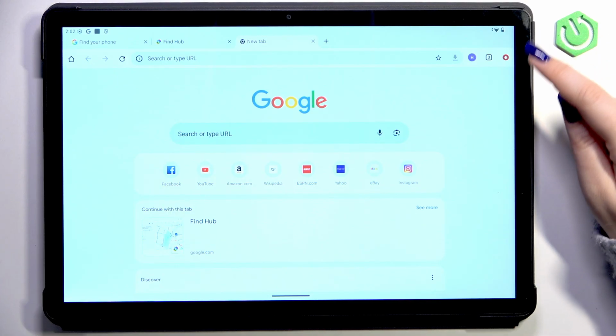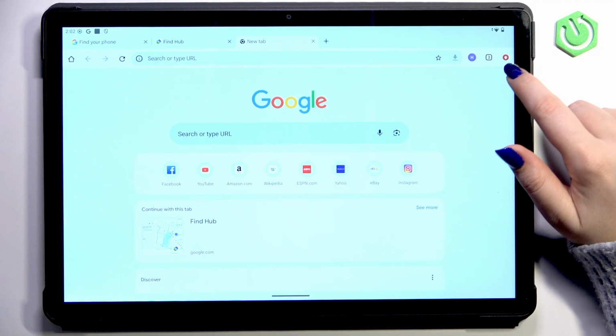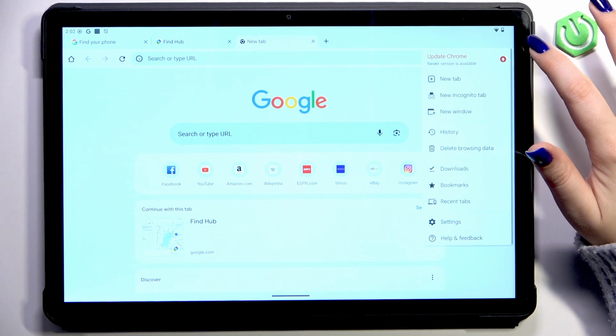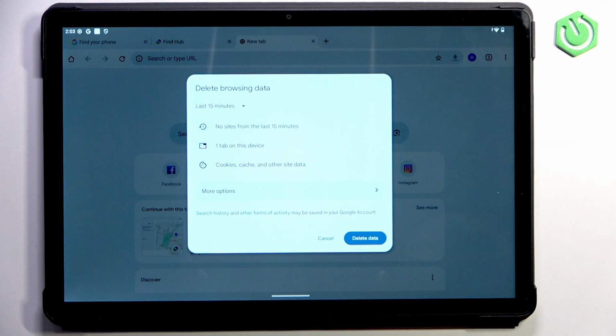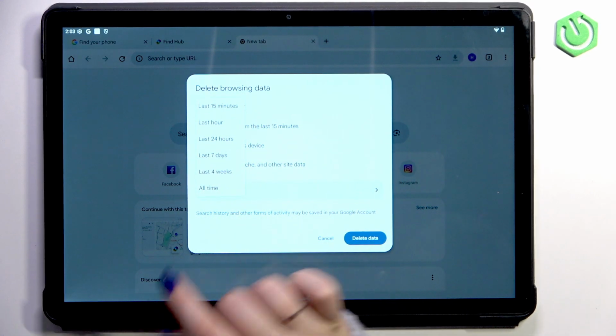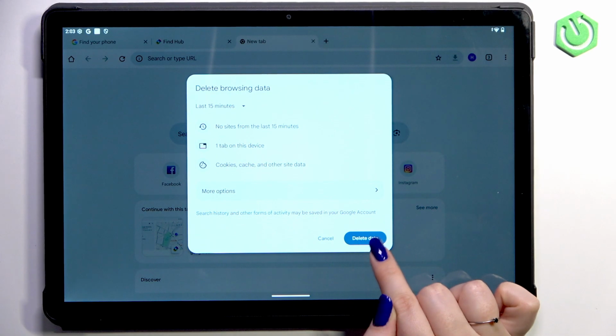Now all we have to do is to tap on the three dots icon in the right upper corner. Right now I've got this update icon, but basically this is in this position, and then tap on delete browsing data. Here we've got some basic options like visited websites, opened tabs, cookies, cache, and other site data. Here you can change the time range, just choose the option which you like the most and then tap on